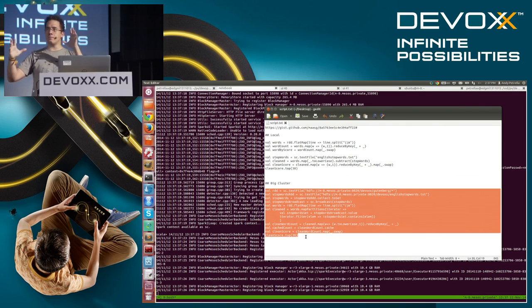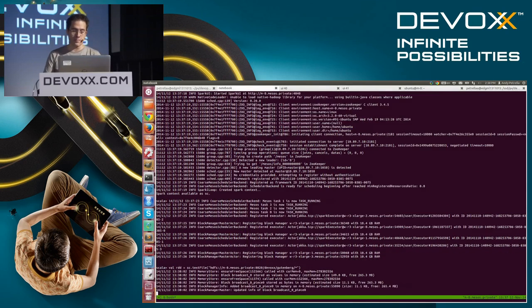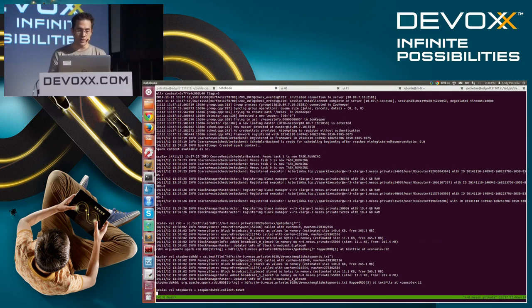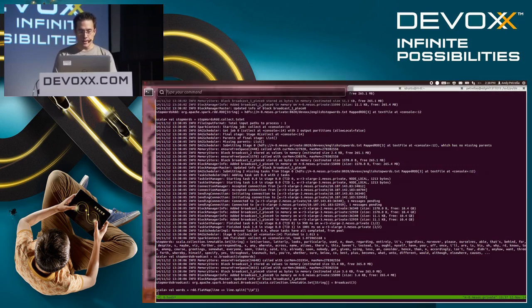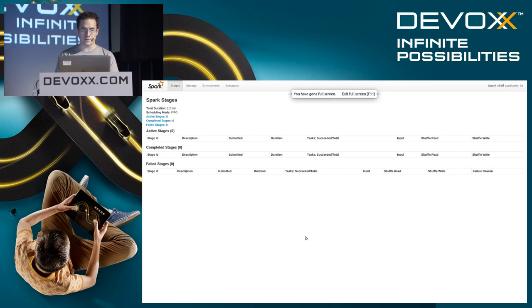Why? When we were talking about this book and these top words, the size of the two RDDs were pretty similar. So you have a long list of those top words, and you have a book with 9,000 lines. That's not much, but when we are talking about a few millions of lines, then the stories are very different, and we approached here by mapping partitions. Okay, so I'm loading here a number of files. And in the meantime, while we're crunching this, I'm going to show you what's happening.